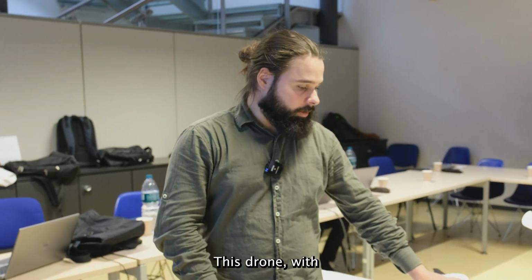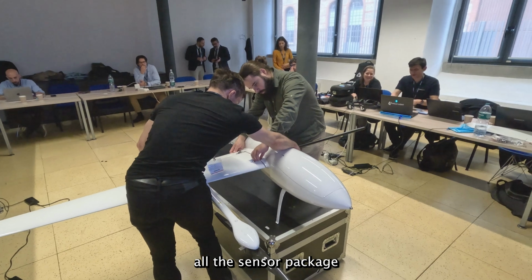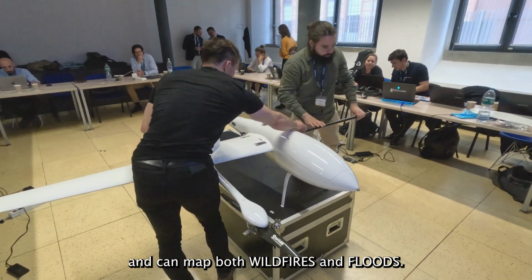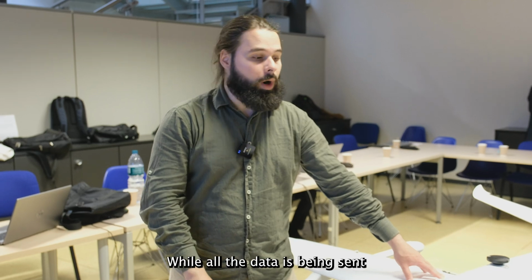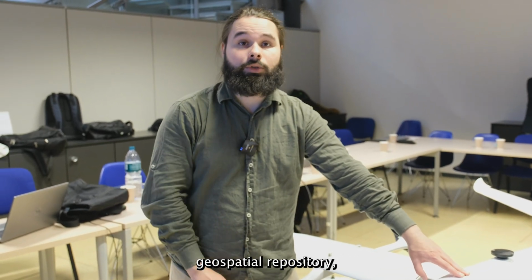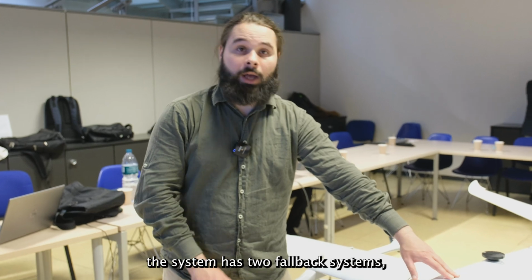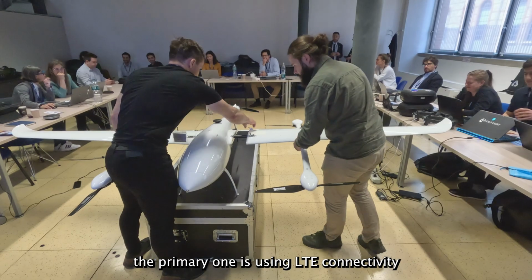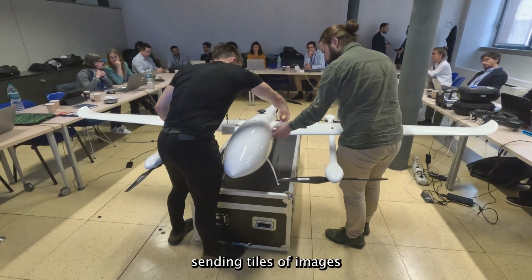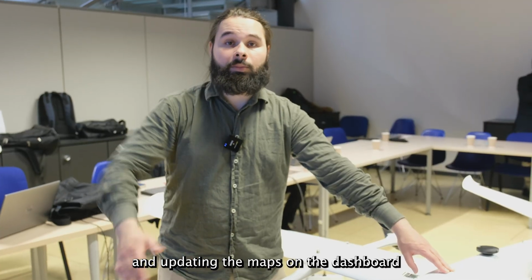This drone, with all the sensor package, can fly for 3 hours and can map both wildfires and floods, while all the data is being sent in real time to the Overwatch geospatial repository. The system has 2 fallback systems. The primary one is using LTE connectivity directly on the drone, sending tiles of images and updating the maps on